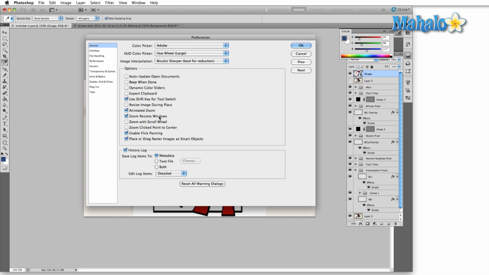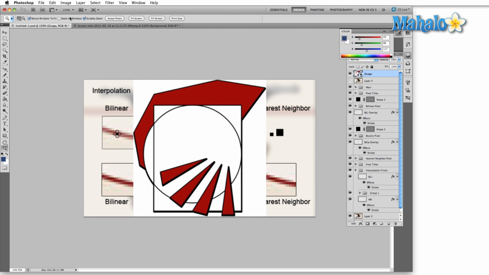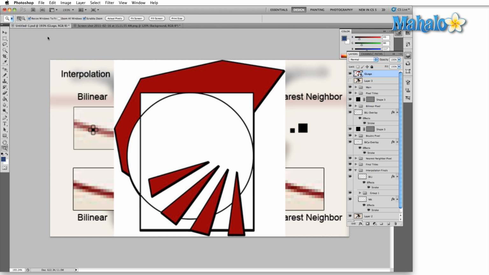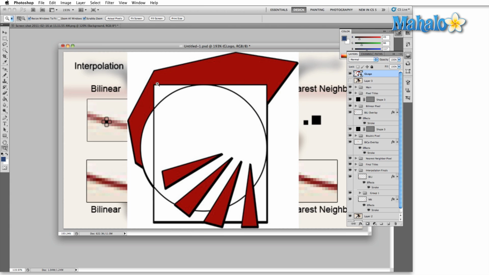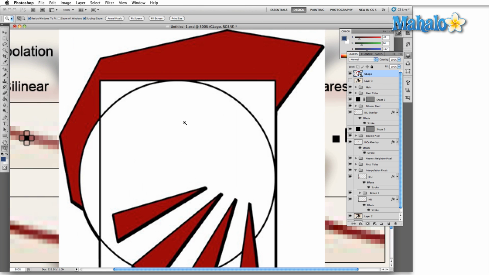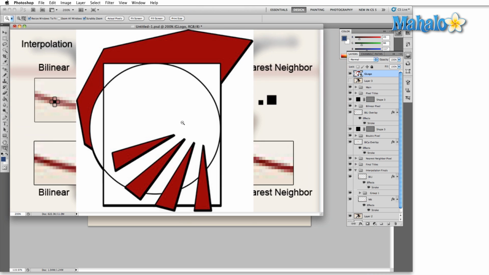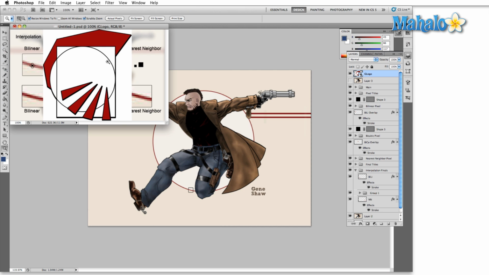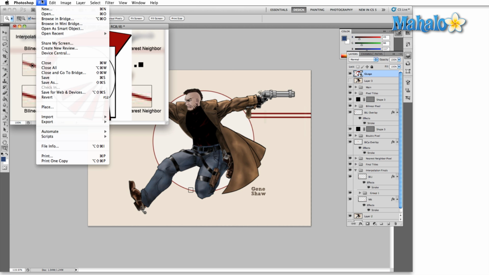Zoom resizes windows determines whether document windows resize when zooming. This one only applies if you have windows that are not taking up the full application. Let me show you what I mean real quick. Just hit OK. If we take this tab that we're working on and just pull it out so that it's in its own window, now when we zoom in, the window is going to resize as we zoom in and out of the image. If we have this turned off,